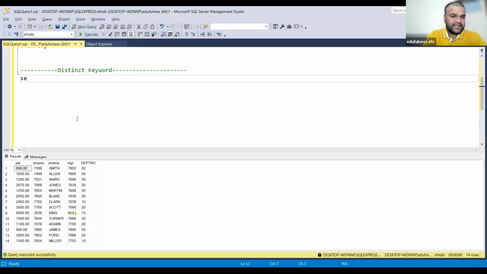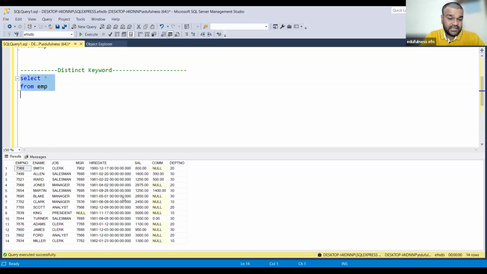Always bring the entire table data, or sample data, in front of you. That gives you, first of all, the flexibility to write a query. So that's the data in front of us. Now, as we mentioned, I need to know what are all the different departments that exist in the organization.